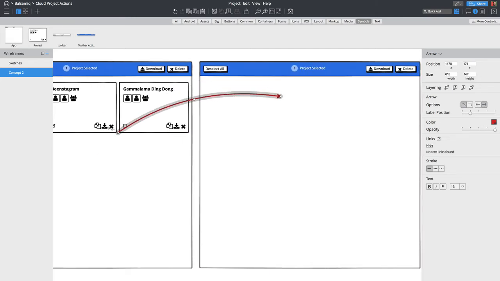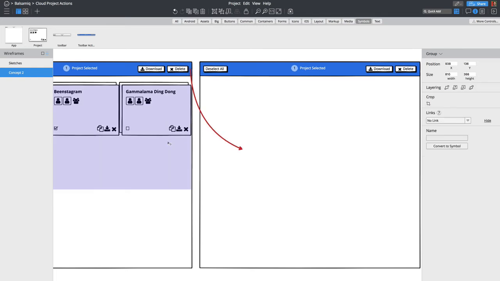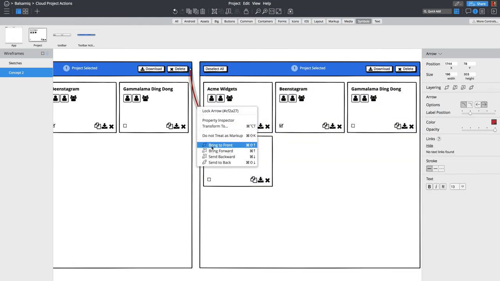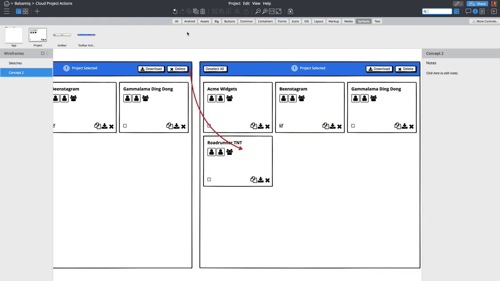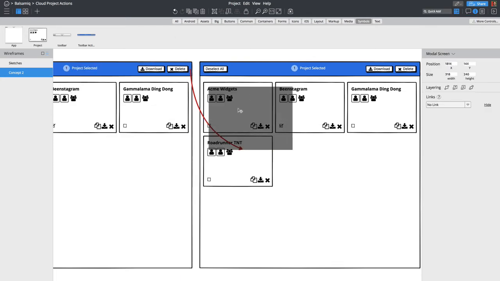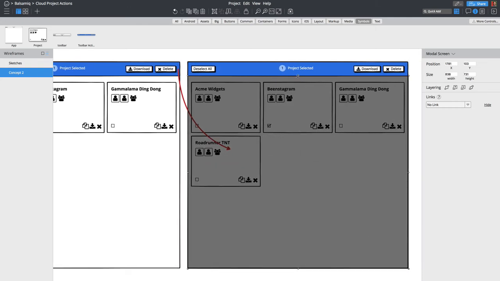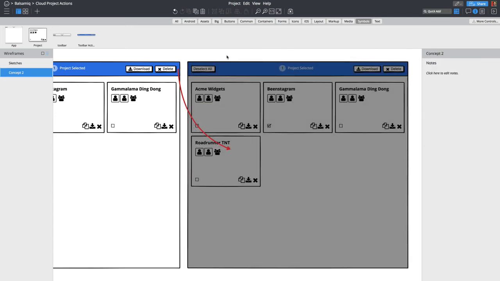And so if you select delete, what I'm going to end up doing is showing a modal here. So let's pretend there's a modal here. Let's duplicate this. Put this back here. All right, so I'm going to grab the modal screen here and put this over the app. Just put it over the whole thing, right? And then let's bring this back to the front. And then I'm going to have a little window